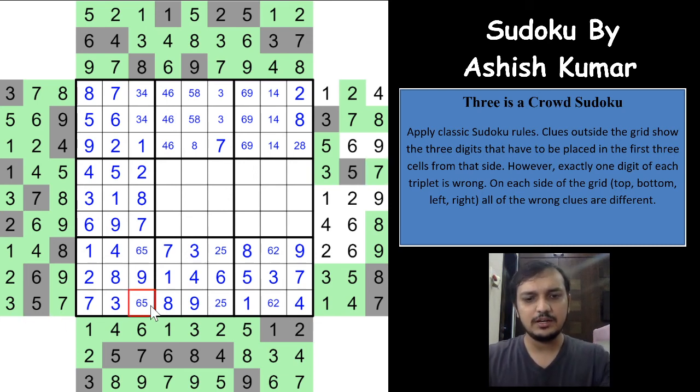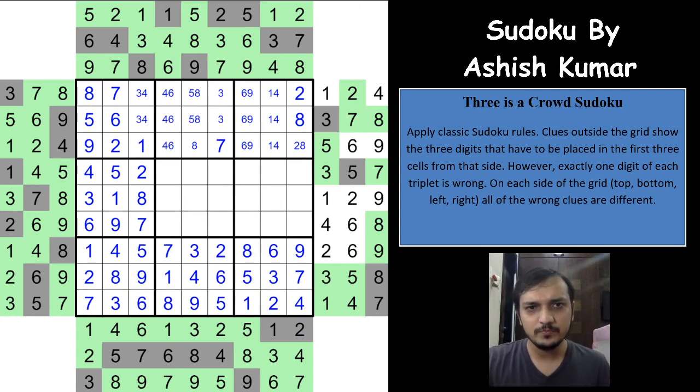A 5 cannot be here, right? It has to be 6 and 5, which gives you a 2 and a 6, which gives you a 5 and a 2, and which means 6 is right now and 2 is wrong, which means all the other possibilities of 2 are correct, right? And okay, so we have done till that, and because of this 9, this 9 has to be wrong and 6 is correct, which means all the other 9s are correct. 1 is wrong, all the other 1s are correct. Sorry, this 3 was wrong, right?